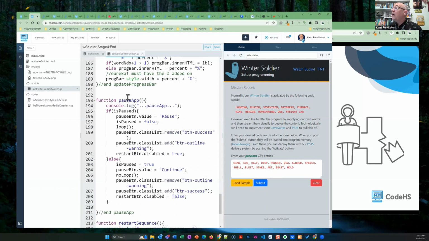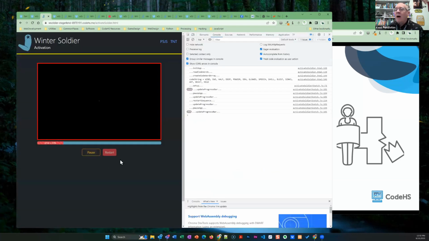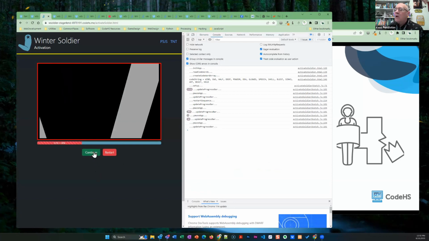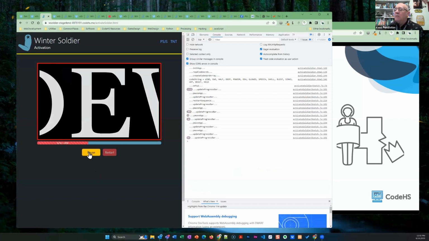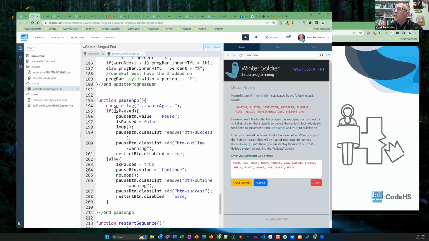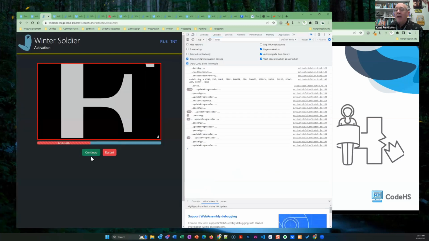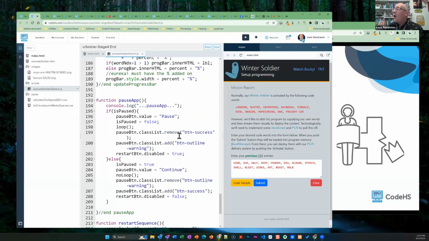Now let's take a look at the Pause app. And this is very common that I use with my students. I used to have buttons where I'd have a pause button and a go button. And I thought that's just cluttering. Really, pause and continue are the same button, aren't they? So since I can target this with HTML, can't I use a variable called isPaused, which is a Boolean, by the way, and look at the status of isPaused and just toggle the label on the button based on the status of isPaused, and also notice